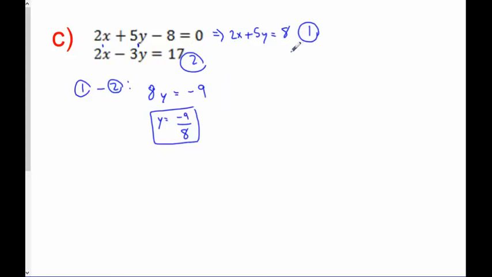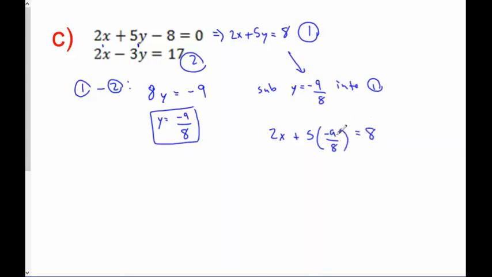I'm going to pick the first equation just because the numbers are a bit lower overall. So sub y equals negative 9 over 8 into equation 1. And then I have 2x plus 5 times negative 9 over 8